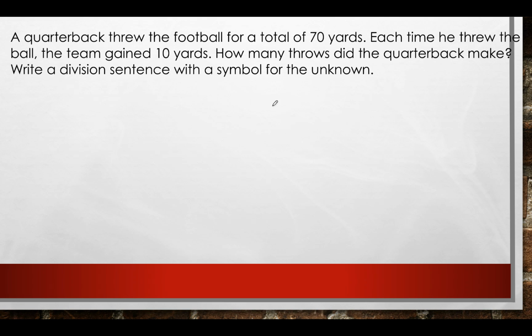But first, let's restate the question. How many throws did a quarterback make? So how would you restate that question? Who are we talking about? Okay, so that's your subject. So the quarterback